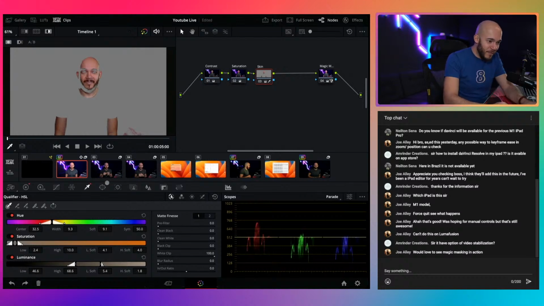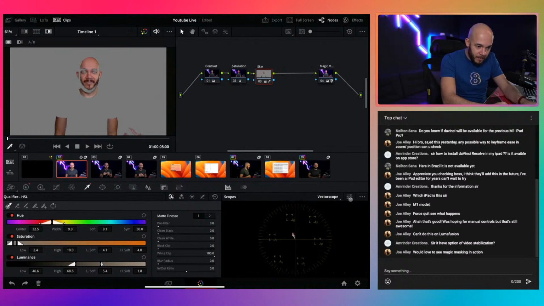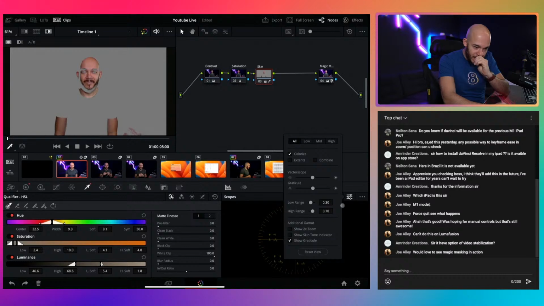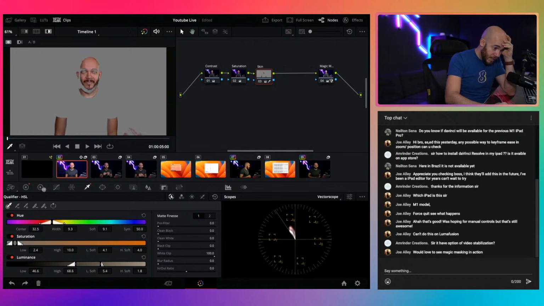Oh, this is so much better. Now I can actually go into the vector scope. Let me see if I can turn on the skin tone indicator. And selection. Okay, so now I can go into the hue